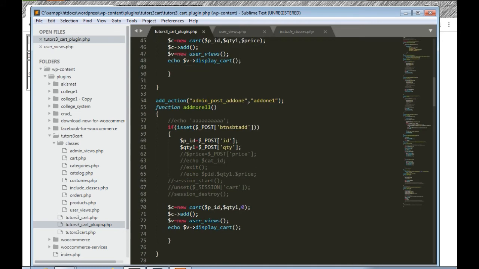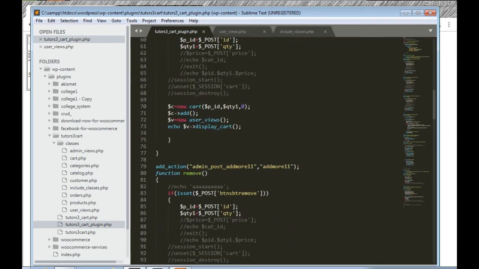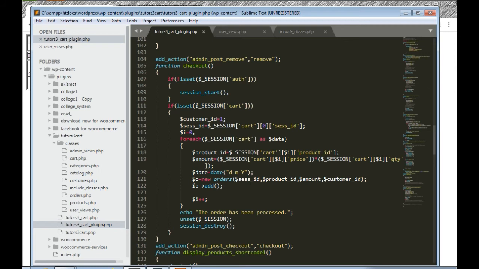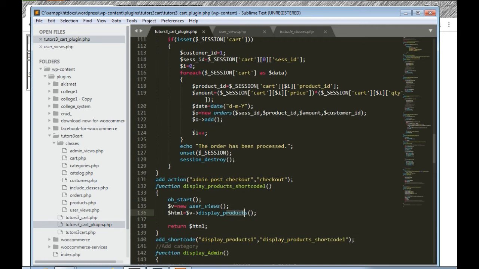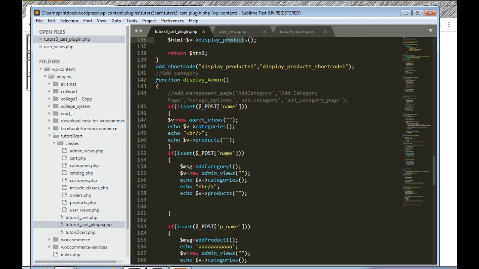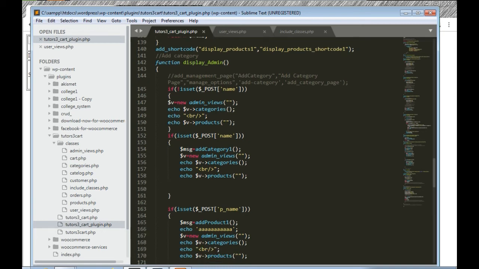After this we have a card. To create the card we have manage one, and this is the card, capital Card. We have admin menu manage one, and this will create the menu for the card. Then we have buttons on the forms. Add one is one button.